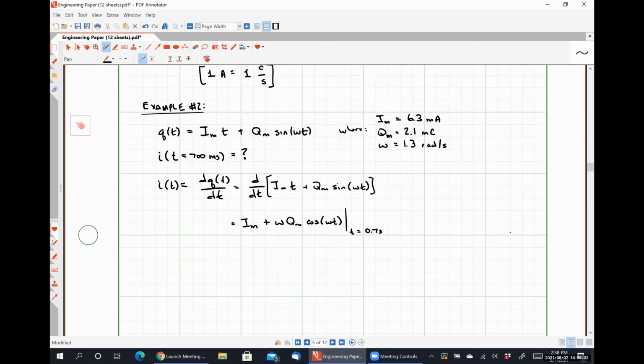So I of 0.7 seconds is going to look like 6.3 milliamps plus omega, which is 1.3 radians per second, times Qm, which is 2.1 millicoulombs,